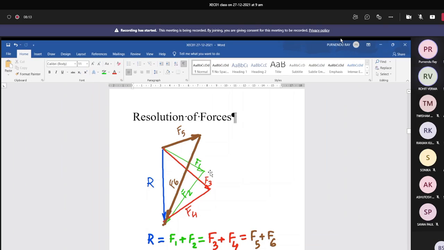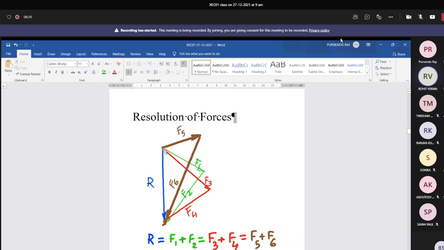Suppose 1 centimeter represents 100 Newton, etc. So if it is 5.5 centimeter, if it is 7 centimeter, and somehow it is 8 centimeter, so it is 800. This is 550, and this is 700 Newton. In that way. But from your school syllabus, the property of this triangle, can you remember that sine law?